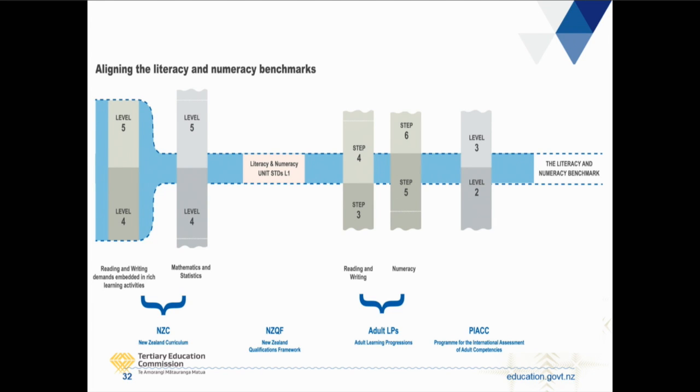So this is the problem we're trying to solve. The diagrams that you have seen previously map things like, we start off from either a PAC or an all benchmark. Now, this has been updated to map the levels of PAC, and I'm not going to go into PAC today because I know you've had a session, but we're assuming that those markers can help us get a robust benchmark. So we've mapped PAC, we've mapped the adult literacy and numeracy progressions, we've mapped the unit standard, and we've mapped the curriculum.